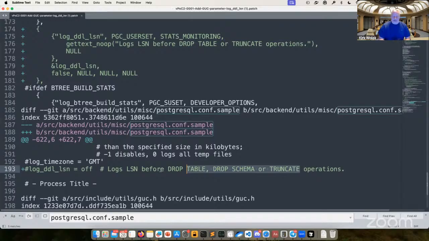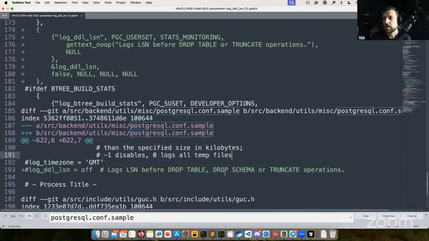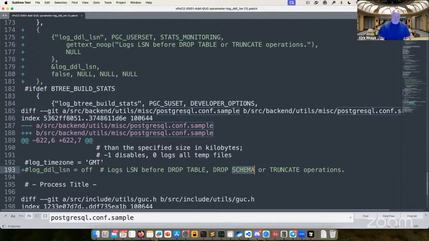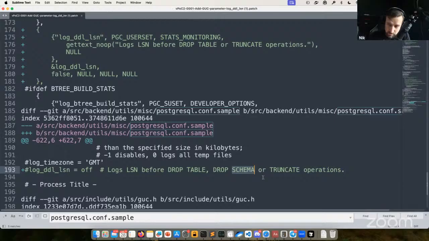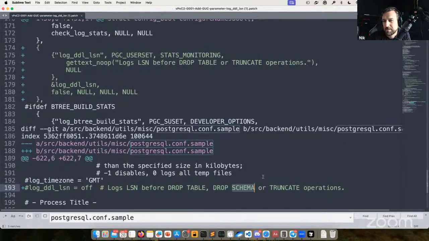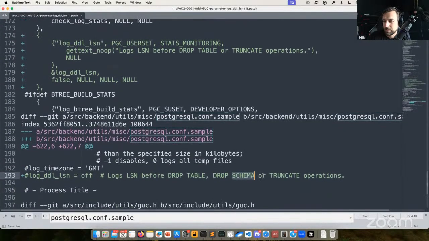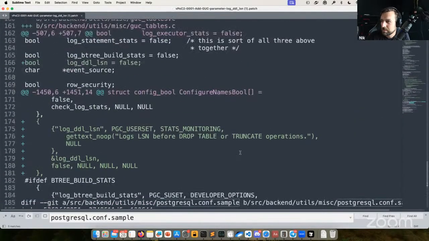But I think these are enough for now. The only other thing is drop database. I also thought of that. Well, I like the idea of drop schema, because it can be cascade. In this case, it's actually a drop table too, for any tables that are there. If the schema is empty, nobody cares. But if it contains something and the cascade option was used.